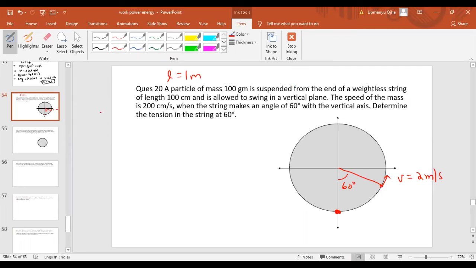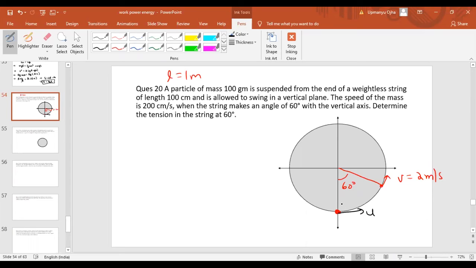So we can directly use the formula or we can use the conventional method. In the conventional method, first of all, we have to assume that the velocity at the bottom is u. Then we draw the free body diagram of this string. mg will be acting downward, and mg components will be acting along the directions. Then we have to find the tension.